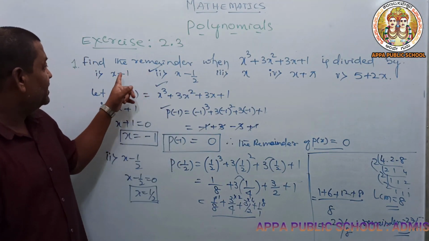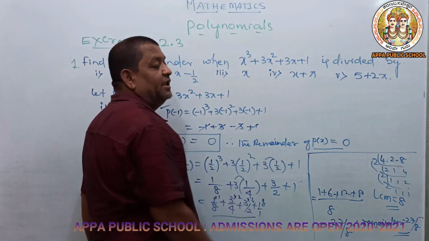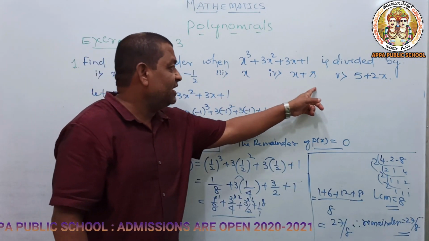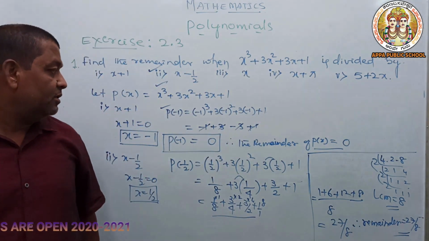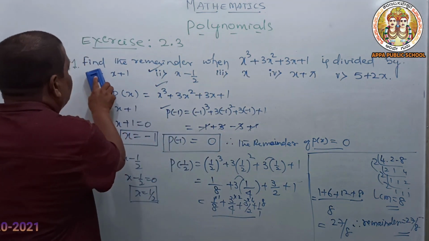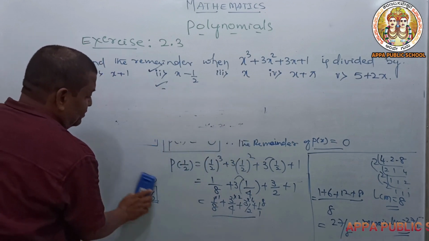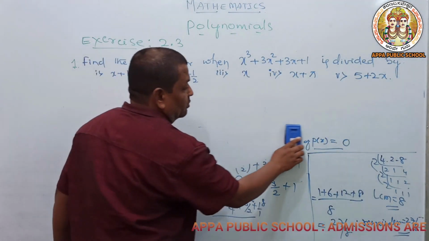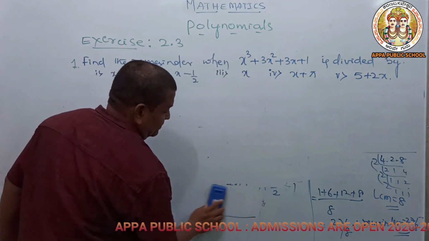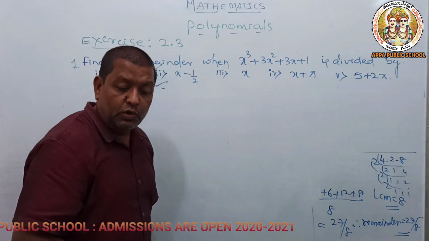So we completed the first two sums. Now I am moving to another 3 linear polynomials. By taking these 3, let me see what remainder that polynomial gives. Okay, once again we are going to use the same procedure. A different remainder is coming, okay, no problem. I hope all you students understood by these two examples.